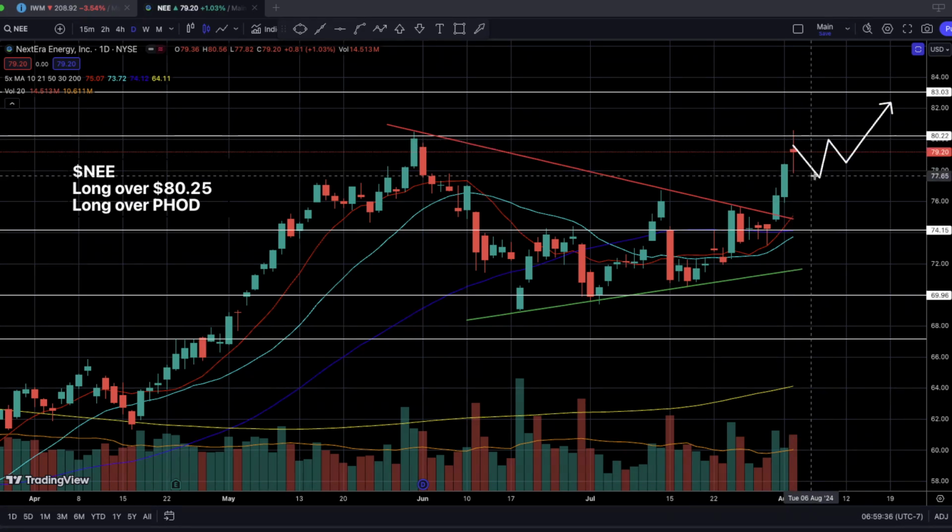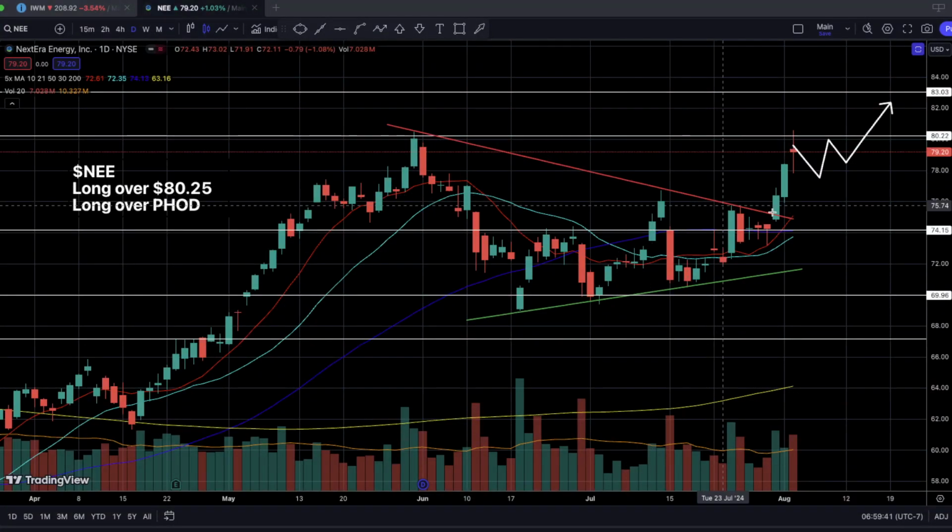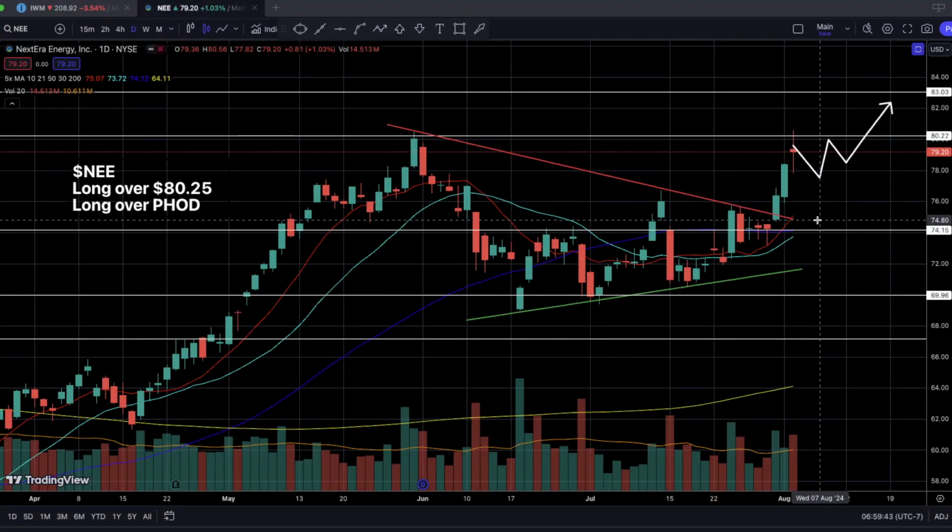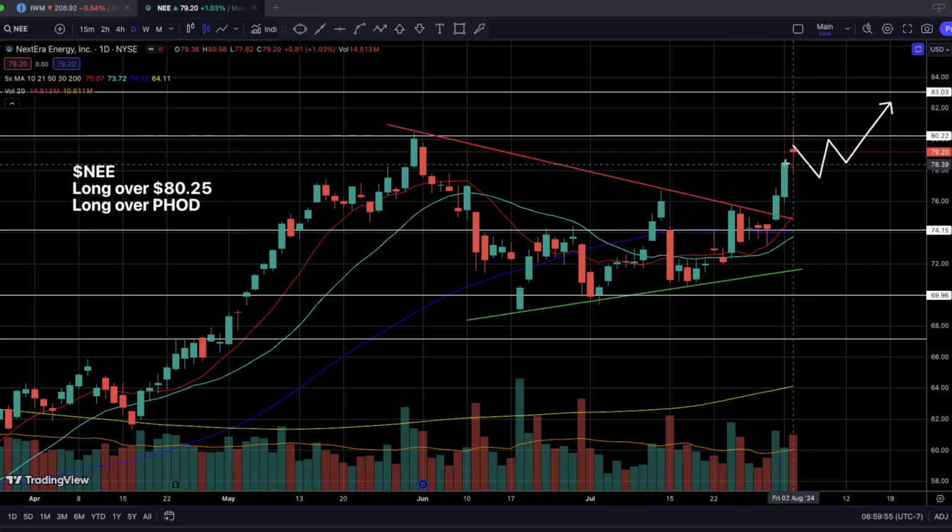If you start moving down and further back down, and if you do decide to retest this descending resistance trend line, I'm not going to be really interested in this name anymore, right? I really want to see some very tight consolidation around 80, and that would also allow the daily 10 SMA to finally catch up. That is the reason why our first entry point will be a long over